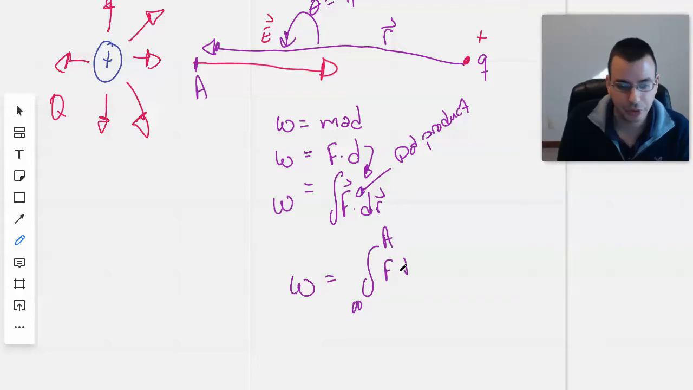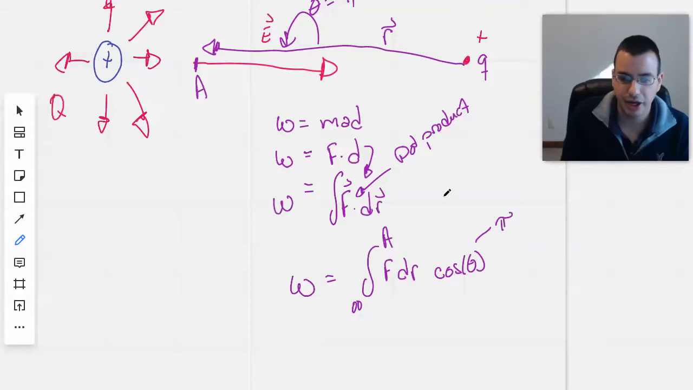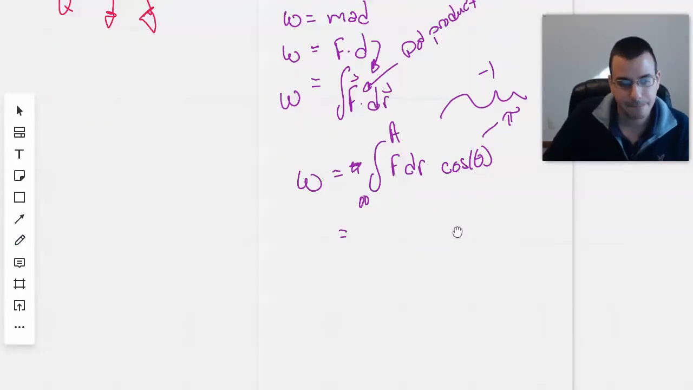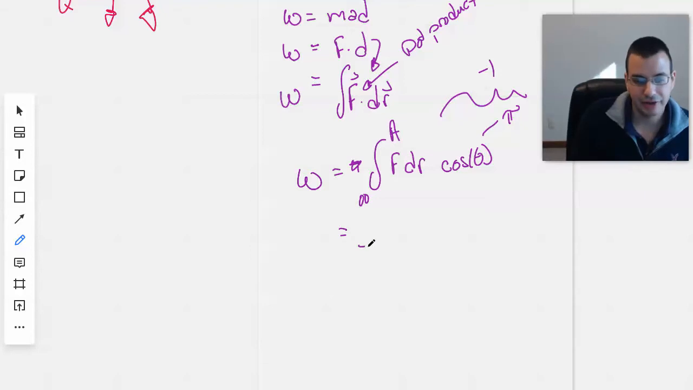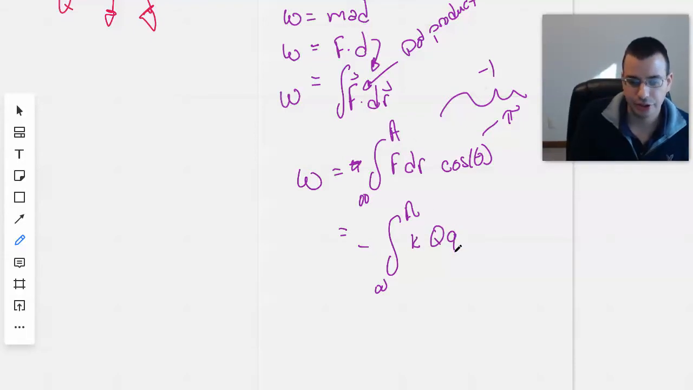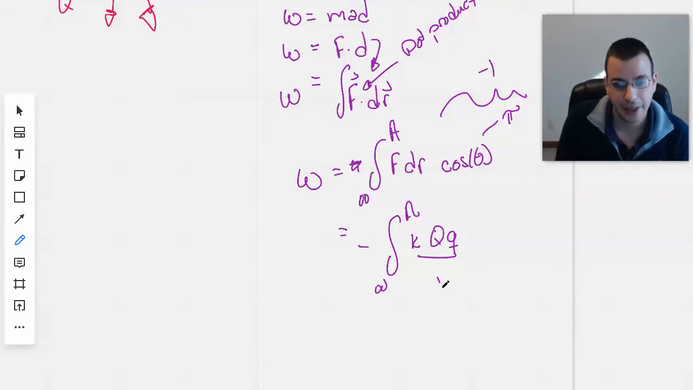F times dr times cosine of theta, where theta here is pi, therefore cosine of pi is -1. So we'll get a -1. I'll do that in the next revision. So we have negative integral from infinity to A of K, Coulomb's constant, because we're using Coulomb's law now for force. Big K, that's the point charge. Little q, that's the test charge. And then we'll say r squared dr